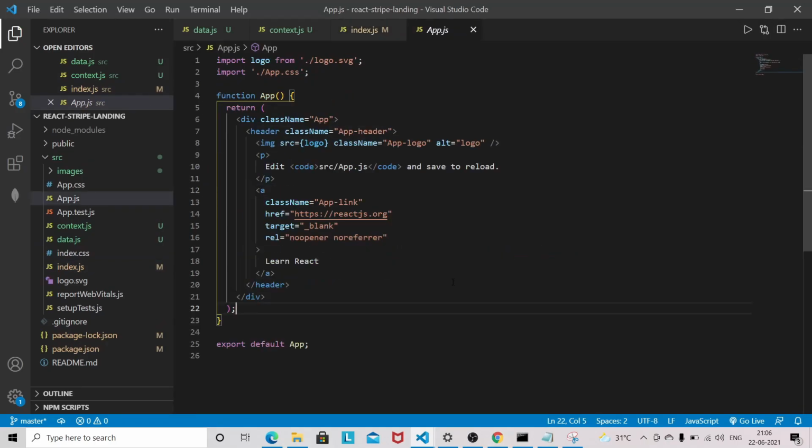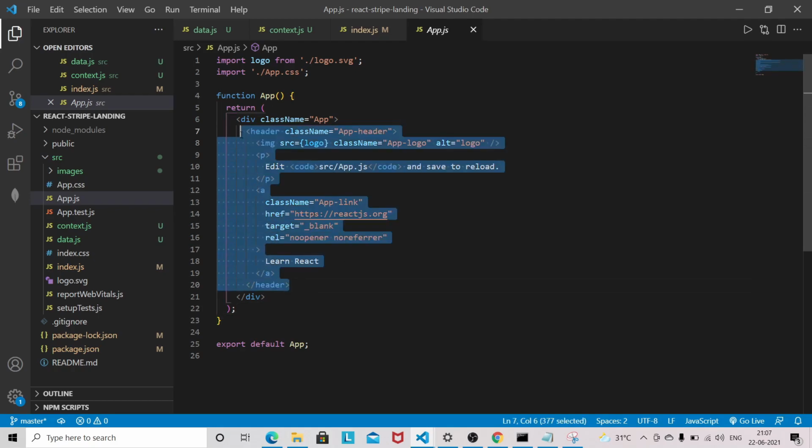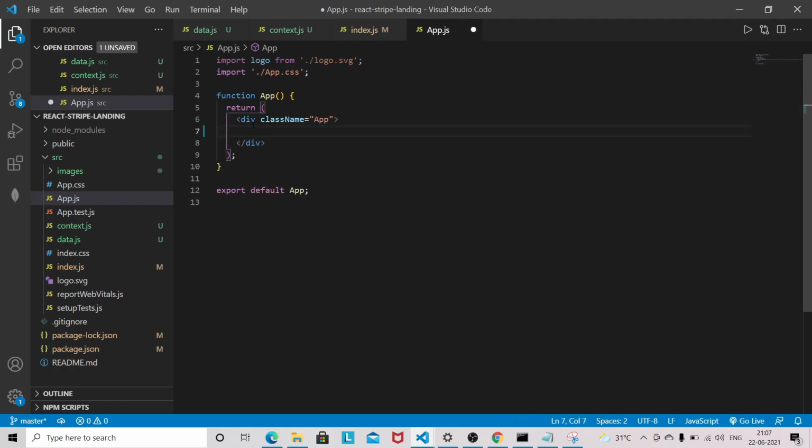So now I am in my app.js file and I am going to remove all this content, and I also don't need this className, and I will use a fragment here. And here what we need, so we need Navbar. So one by one we are going to design the components.